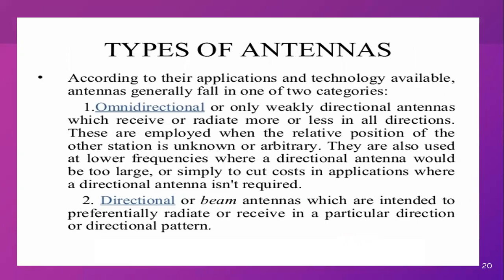Various types of antennas are there, depending upon the shapes, the size, and the application, they are classified. One of these, the two basic antennas, are omnidirectional and directional. Depending upon the direction, these are the types and classifications. So omnidirectional, okay, is weakly directional antennas which receive or radiate more or less in all directions. These are employed when the relative